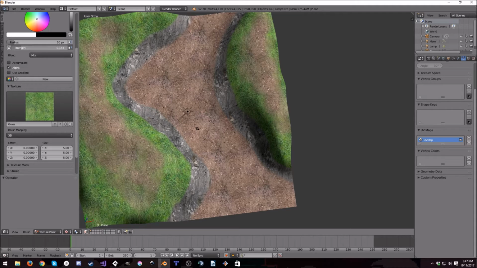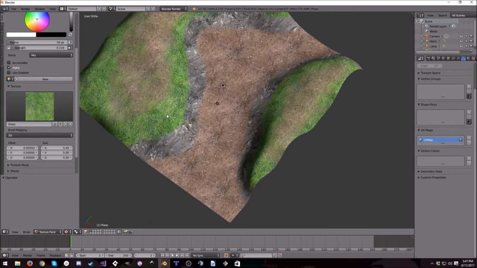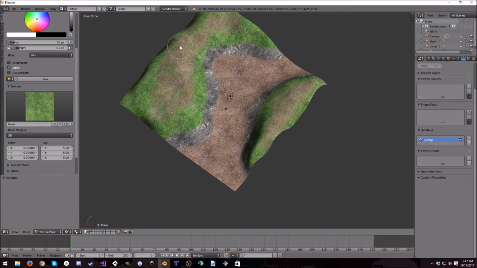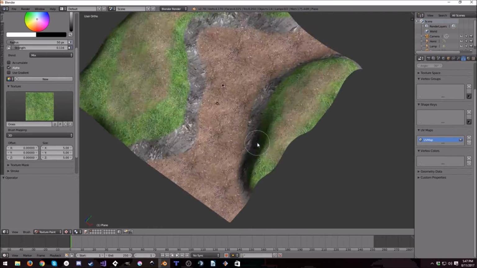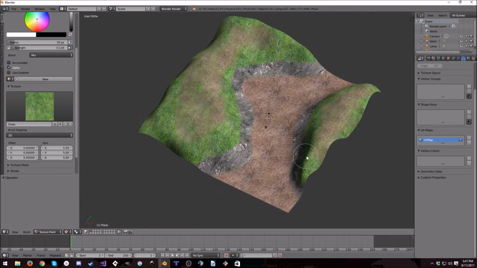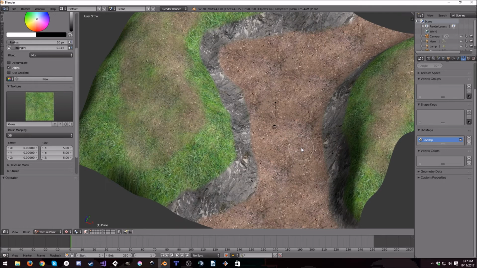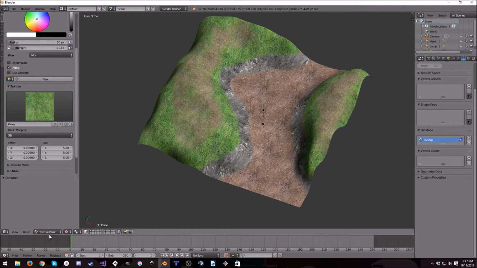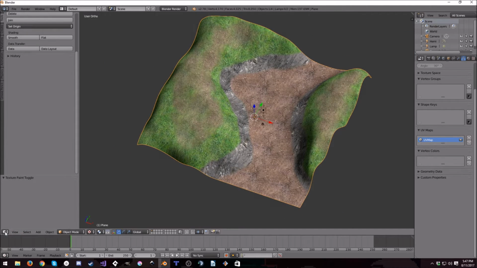Let's see. Oh, there we go. That's not strong enough to really make much of a difference. There we go. I lightened it up just a little bit there. Okay. And that is that. So what you would want to do now is go back into object mode, and then